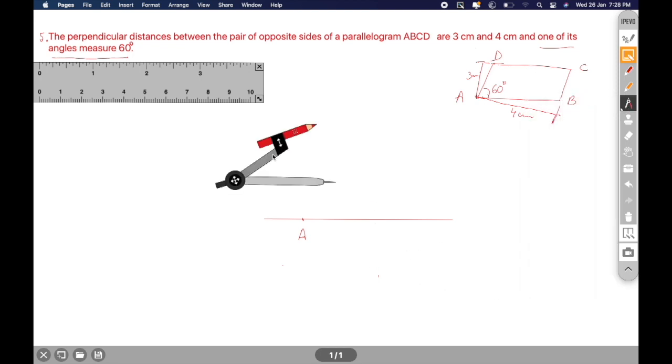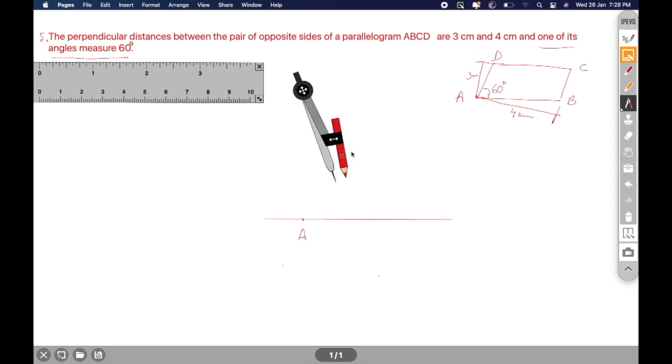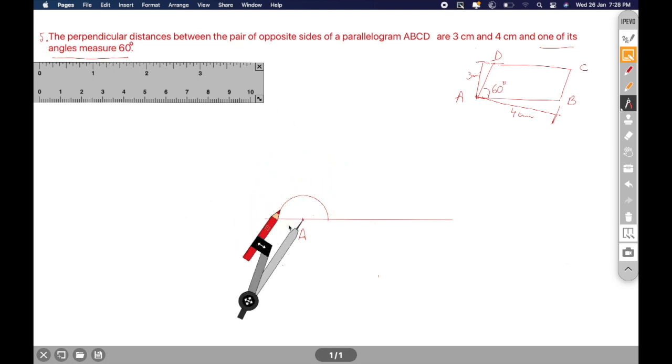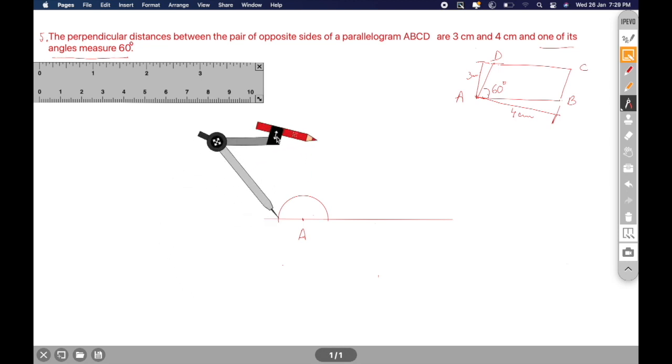So for that, with A as center and a small radius, we will first of all draw an arc, which is just like a semicircle on the line. Now with this point as the center and radius greater than the previous one, we will draw an arc above the line,